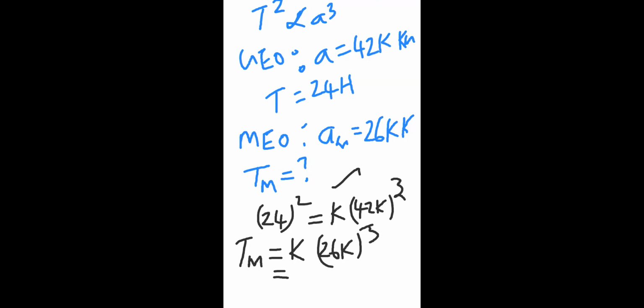Around 12 hours. Yes, that is the mistake. I think 11.6 is the correct answer. We have made a mistake here: T square comes, so finally you have to take the square root. So what will be the final T value? Around 11.6. Final T value is 11.6 hours. Are you getting that? We made a simple mistake here.